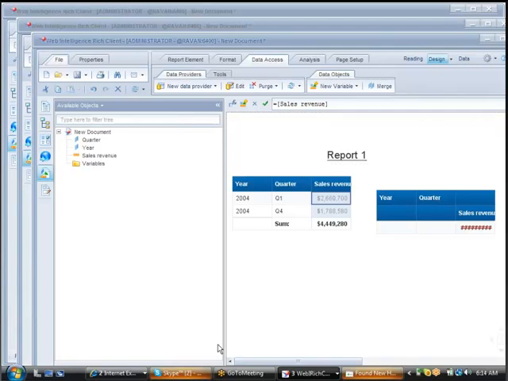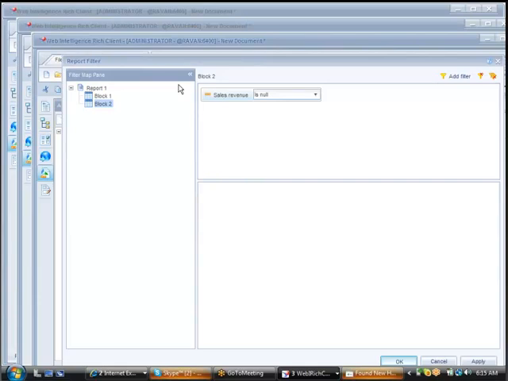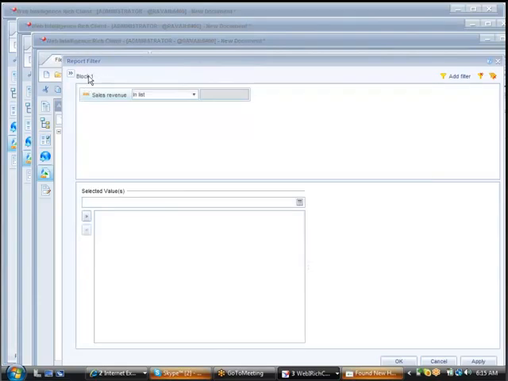Again, at the report level, we talked about block level filters and global filters. Block level means it applies only to one block. Global filter means it applies to both blocks. If you want to create any filters, you need to go to analysis, where you have a filter. Just click on filter. Now I have only one block, so it displays only block one. And if you want to run a report for in list,